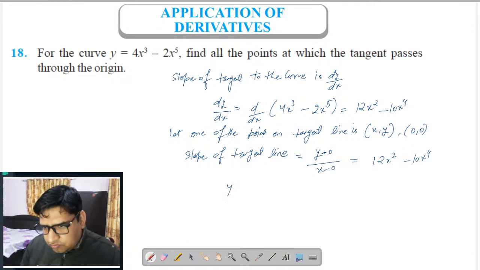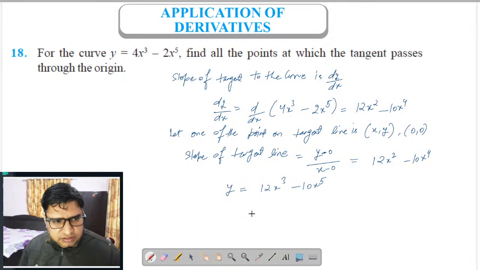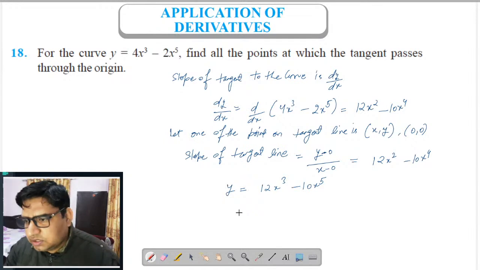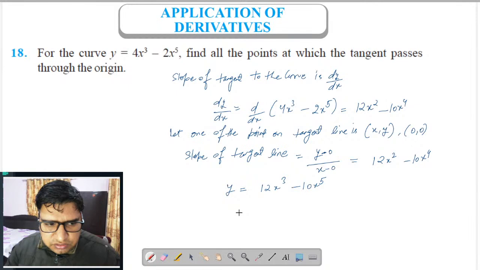Okay, and y will be equal to 12x cube minus 10x power 5. So this is the equation that we got for the tangent line. Okay, and if we substitute the value of y into the given equation, so what do we get from here is,